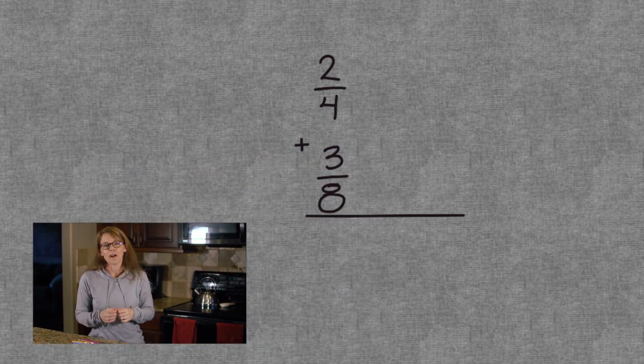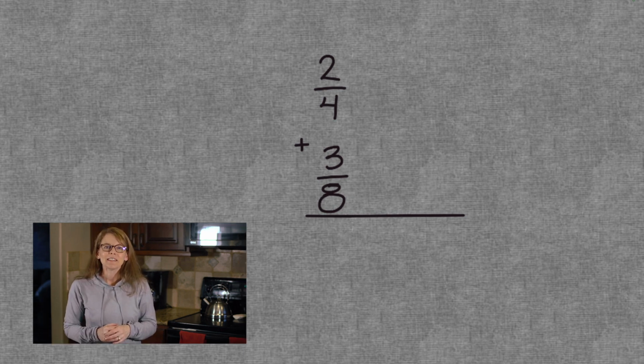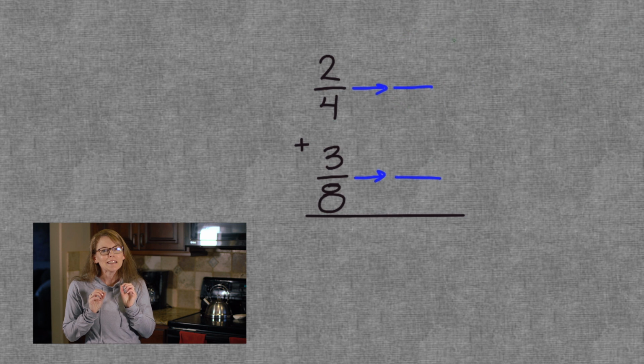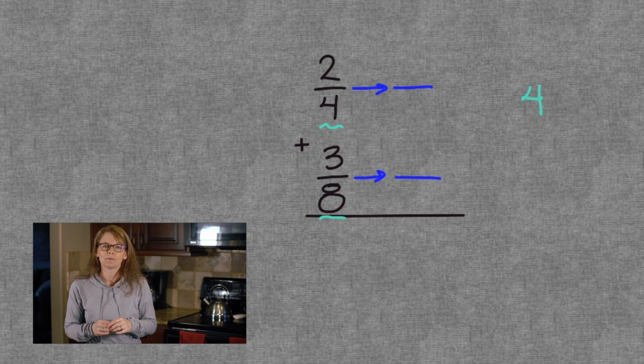I like to stack my fractions because my rainbows work better that way. I draw nice arrows to show what they will transform into. Remember, our goal is to get the same numbers on the bottom, so I need to find a number that they both go into evenly. Here are my steps to figure it out. Look at the denominators. For us, we have 4 and 8. I'll write them over here to the side because I have to do some math work.